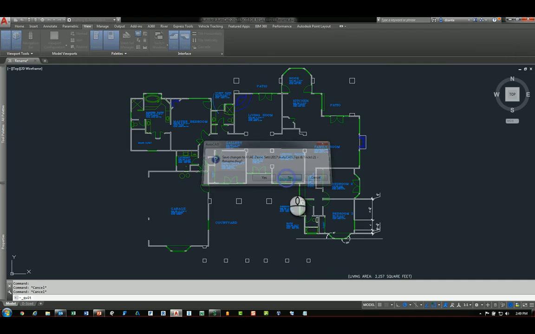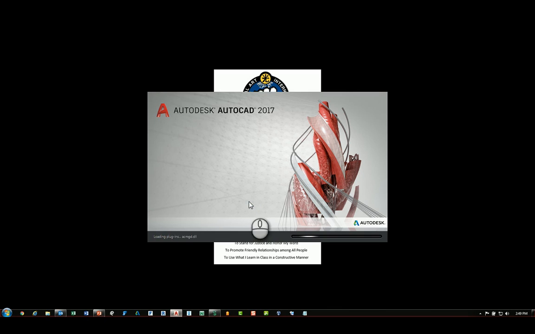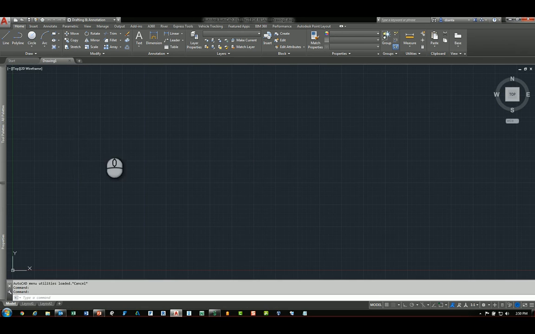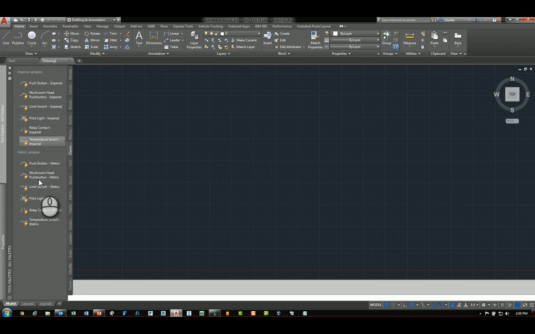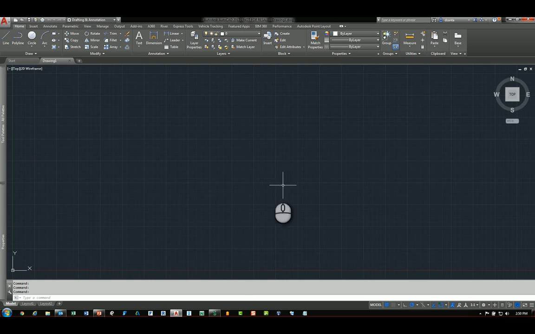So let's go ahead and close AutoCAD, start up AutoCAD again. And if we take a look at the Tool Palettes tool, we should see that the lock symbol is no longer there. So heading over to the Tool Palettes, you'll see that lock symbol is no longer there, which means I can adjust anything that I need to adjust. And those are the tool tips